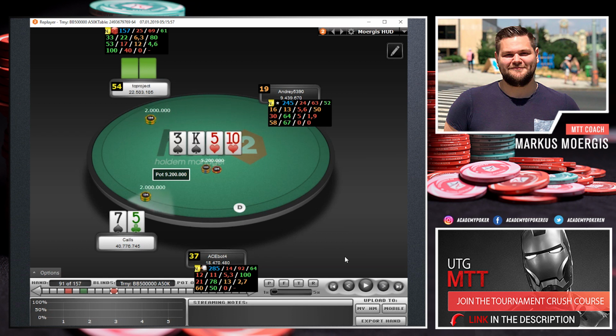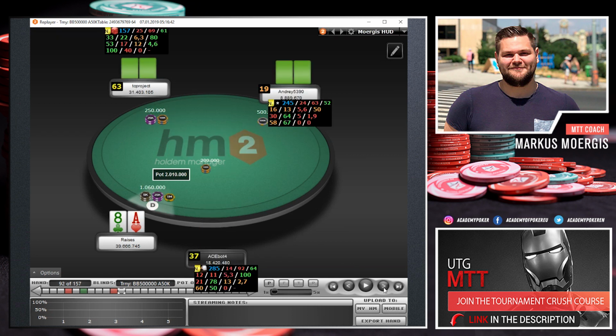Actually, I like his bet on the turn there because we will have so many fives and tens, maybe a lot of flush draws and so on, and that's why also a lot of ace highs, maybe even ace three, ace five, something like that. So yeah, we could have probably went for it on the river, but yeah, we actually here have a